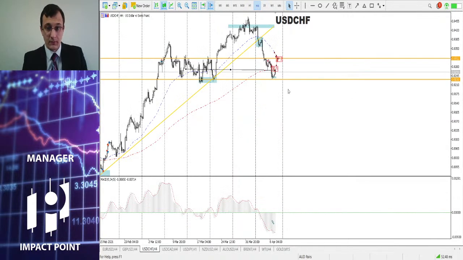In H4, we see again here a buy signal on MACD, and let's see if it will work. I mean, it's up to you to take the decision, but we are more oriented for buy opportunities. Moving forward to USD CAD,